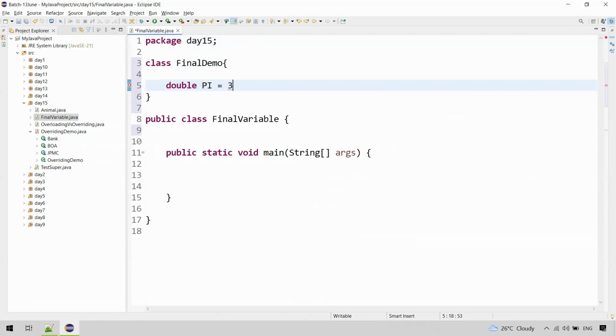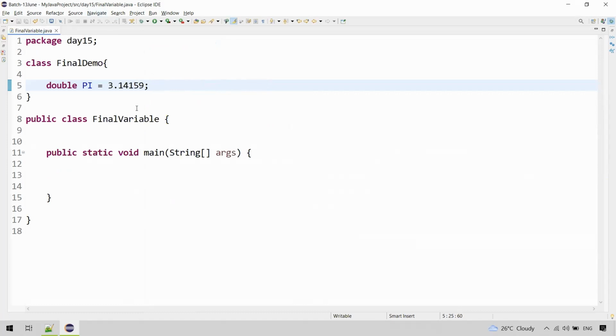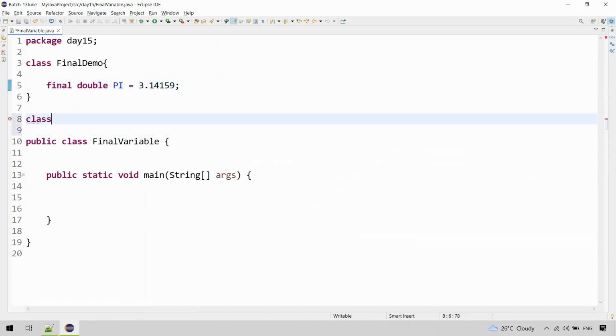What's the value of pi? 3.14142, approximately something like this, right? So we can define a variable like this, and we can have this as final. When we have this as final, we can't override this